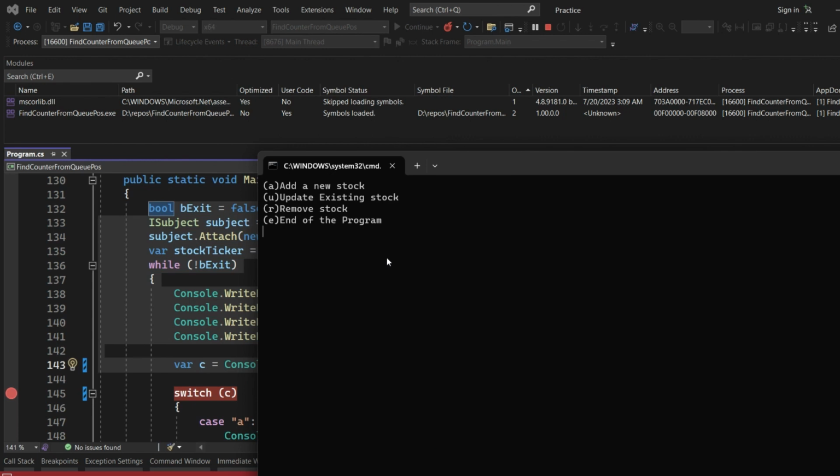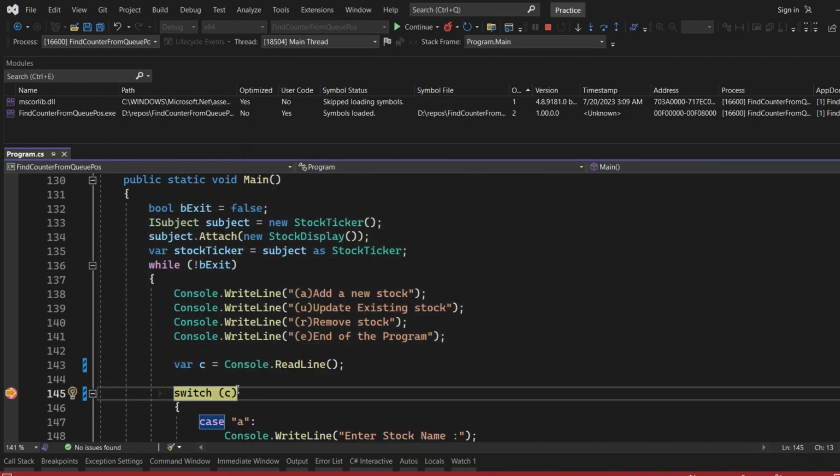It is expecting some input, therefore I will try to add a. So the breakpoint got hit here. You can see the value of this local variable by just hovering over that, and you can also change this particular value. If you want to test a particular control flow in your program, you can change this particular value